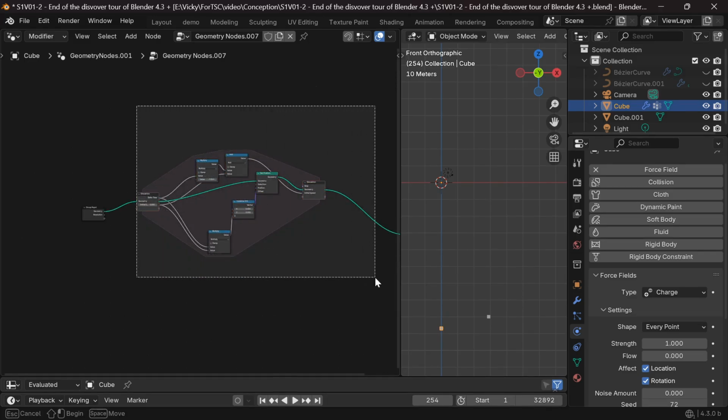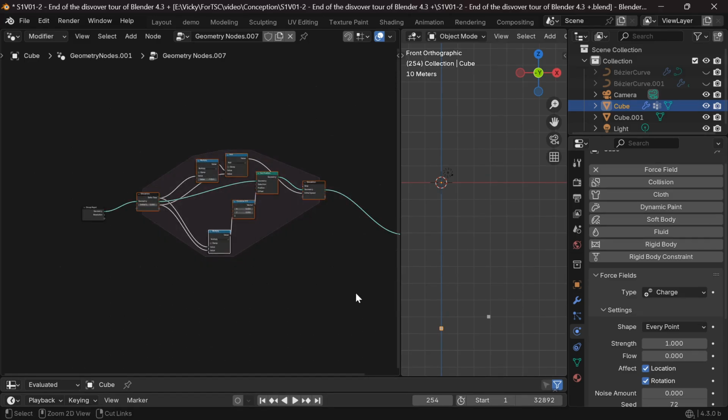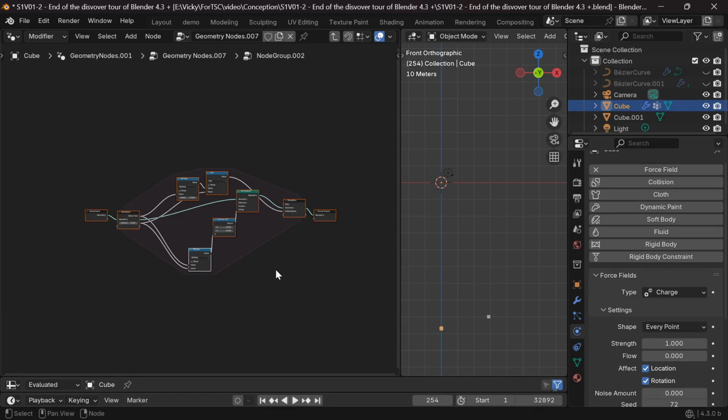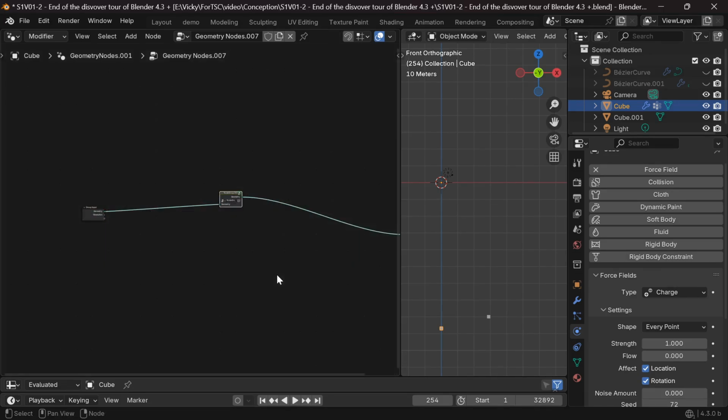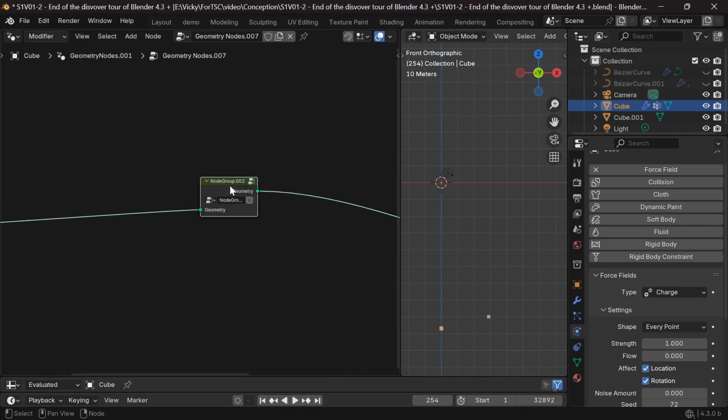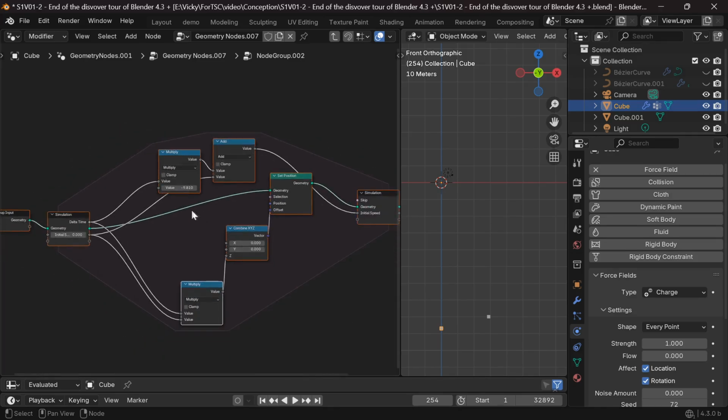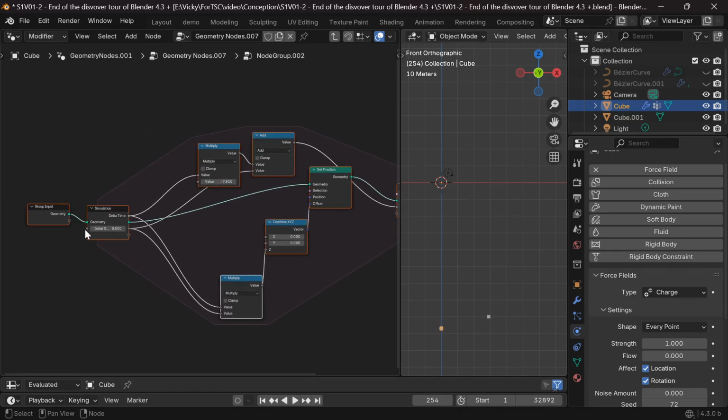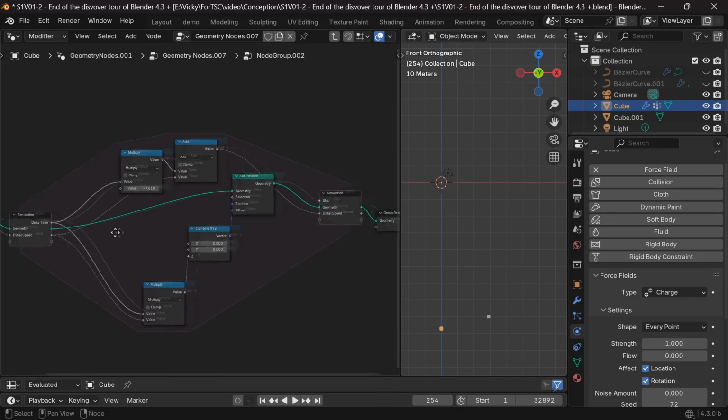Remember, it's the same shortcut to create a group in edit mode in the 3D viewport. That means the shortcut is preserved between editors. With the shortcut Tab, you can toggle the edition of the group like the object in the viewport. Like that, we can go back to the parent node. The node tree is like a genealogical tree. You can see where you are in it in the header of the editor.